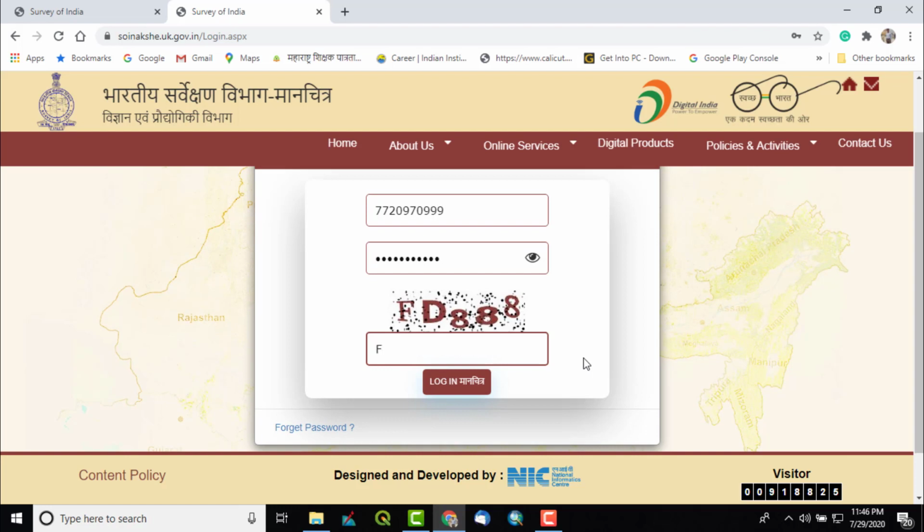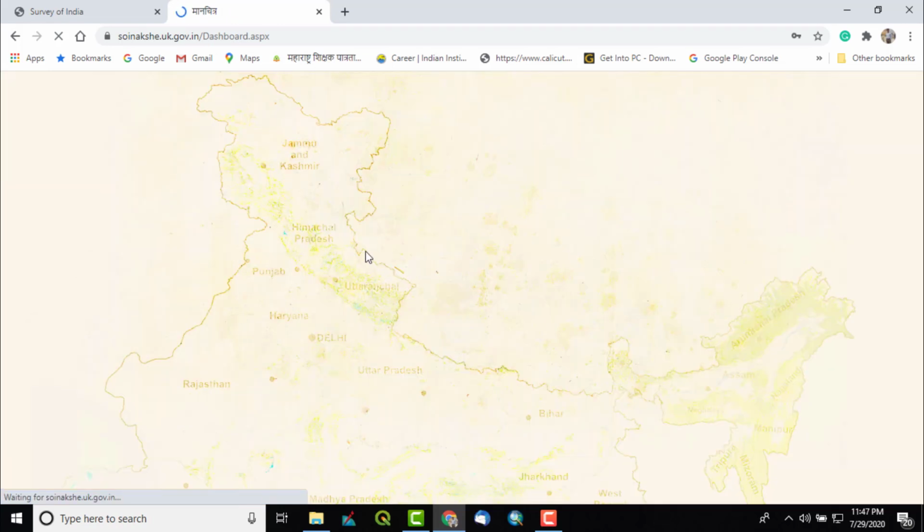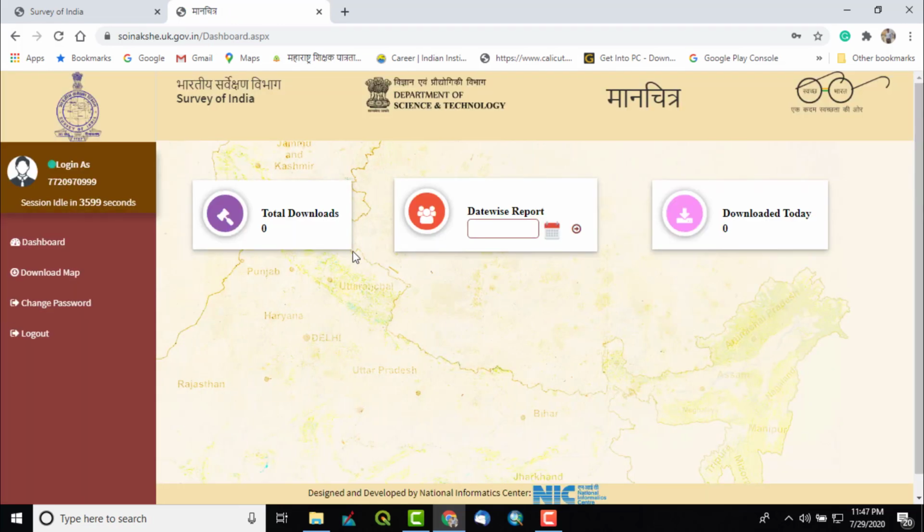So it is FD, capital FD, triple F, and I will click on login. So my account is created, my password is set, and now I am logged in with my account.